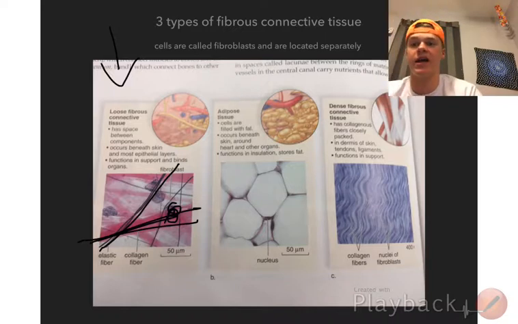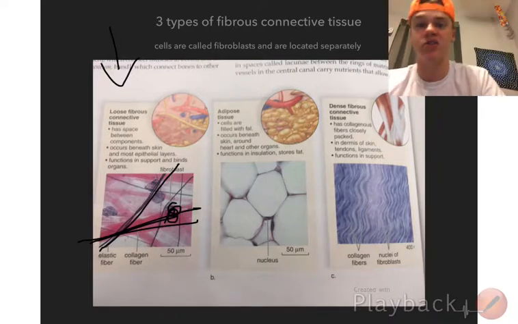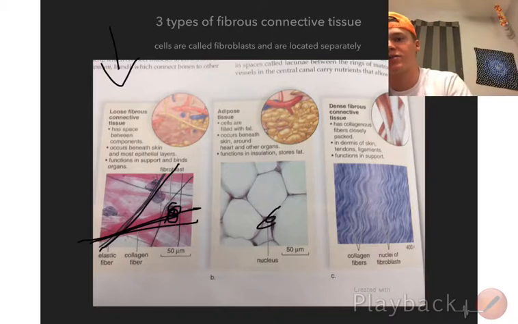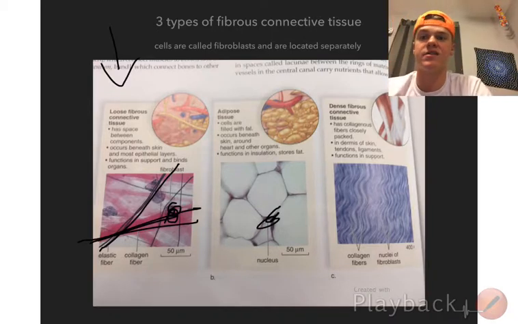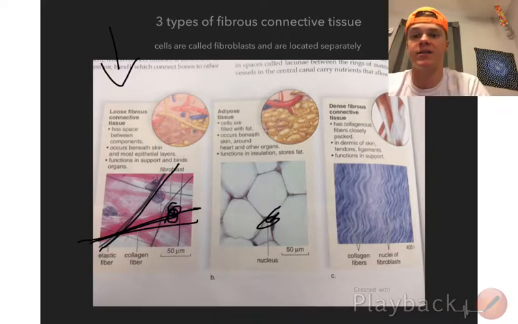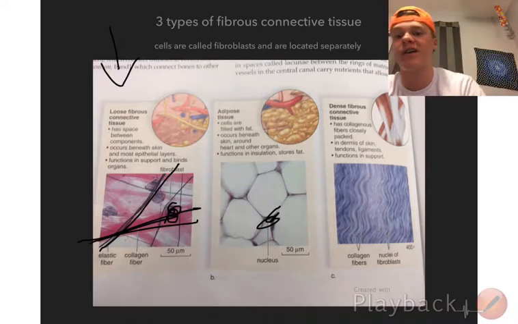Adipose tissue, aka fat, is cells that are filled with fat, occurs beneath skin, around the heart and other organs. This functions in insulation and stores fat. You can see a nucleus right in there. And then dense fibrous connective tissue has collagenous fibers that are closely packed. It's in the dermis of skin, tendons, and ligaments, and functions in support. These are very important. You can find them in your ACL, stuff that's vital to being an